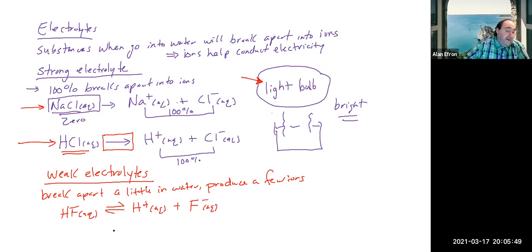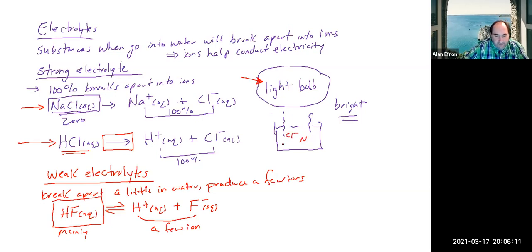The difference here is a couple of things. Only a few of these ions are produced. What you mainly have in this solution is like this guy, HF. This is pretty much mainly what's floating around that solution. So unlike up here, where you have a lot of chlorides and sodium ions floating around,